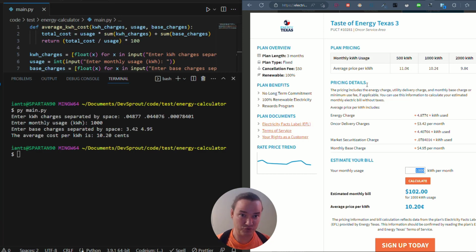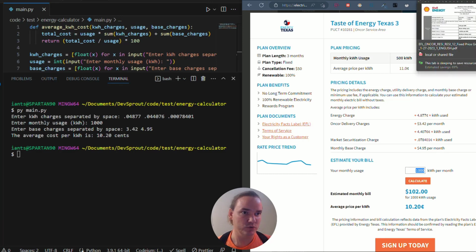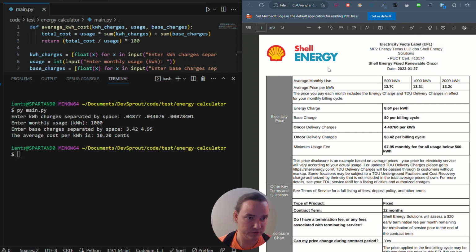Some are like this one, 3 months. Some are 24 or 36 months. Some have a certain percentage of renewable. Point being, there's just a ton of different ones, and not all of them have a calculator for the EFL sheet. So if we go over to this one from another company, Shell Energy, for example, and we take a